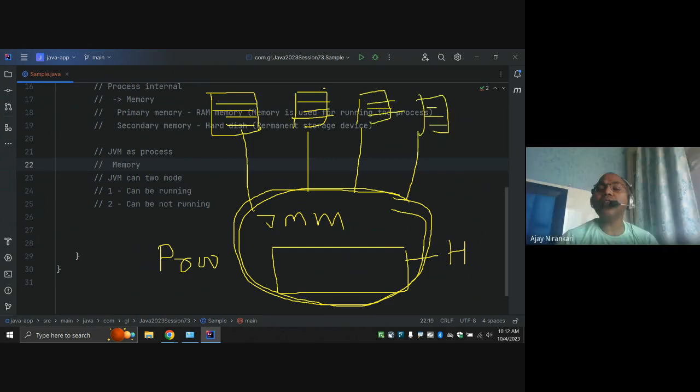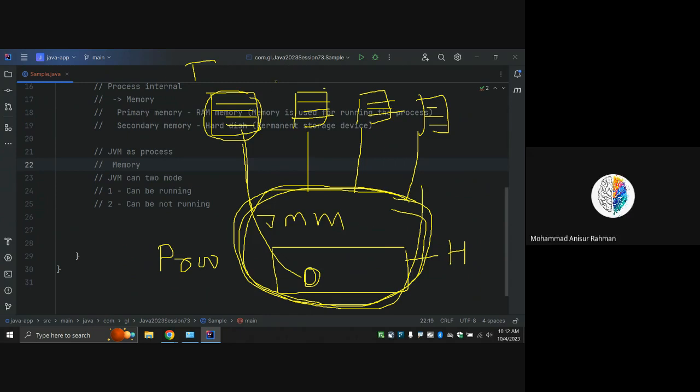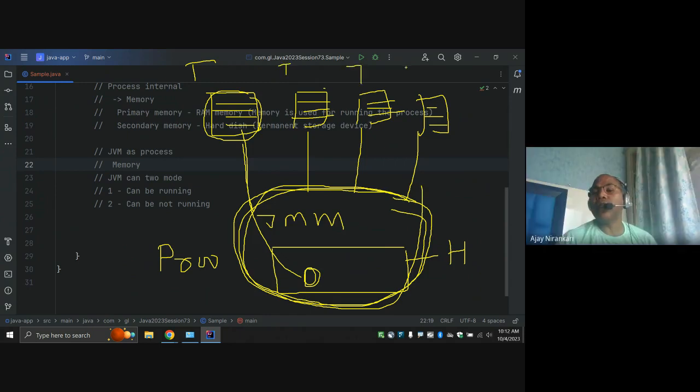Each thread, if it is going to run, needs memory. That memory is the shared memory. It is the same heap memory, because the thread is part of your Java virtual machine. So this is thread 1, thread 2, thread 3, thread 4.